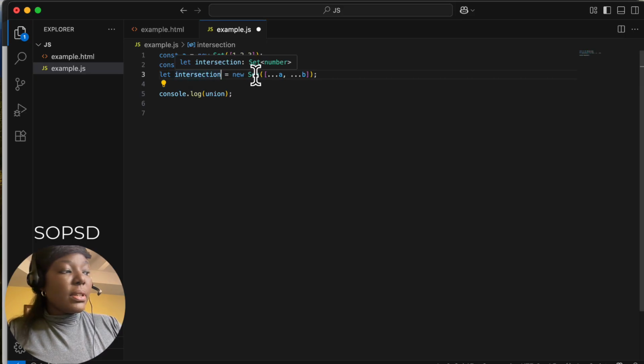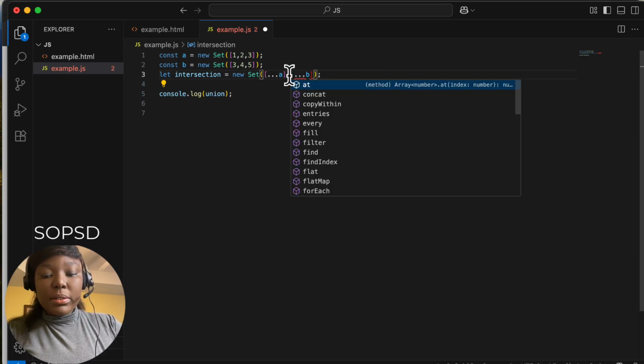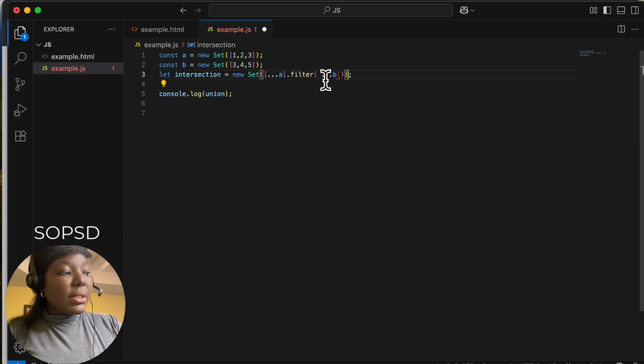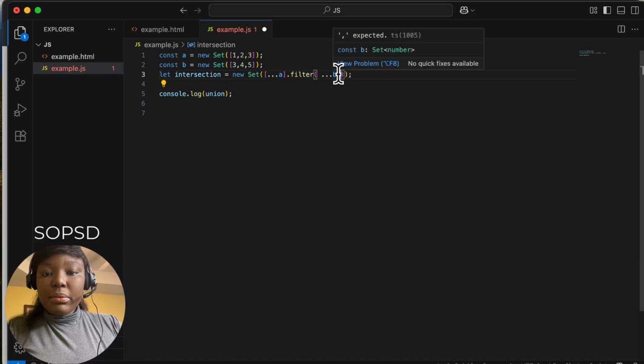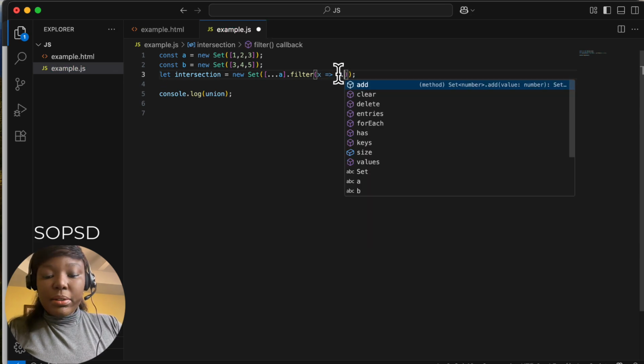So let intersection equal to new set, and we want to see if a and b have elements in common. So we say intersect a, so make it individual on its own. So intersect a, and we want to filter, so we'll say dot filter, in a pair of round brackets here. Now when we filter we want to loop and see true b. So a dot filter, let's use x as the iterator, and then we use the arrow construct b dot has